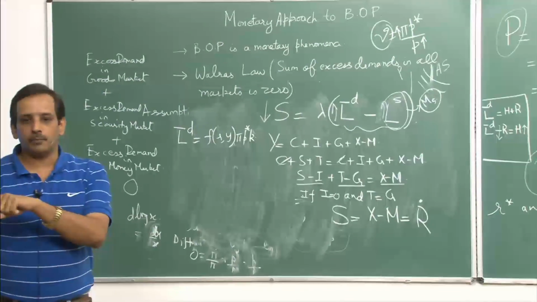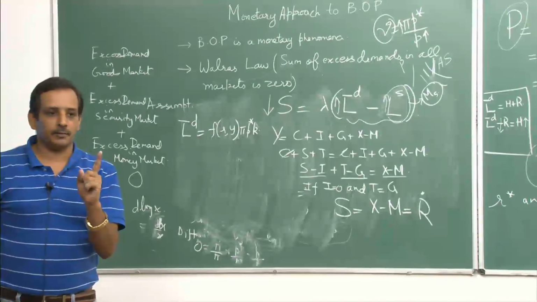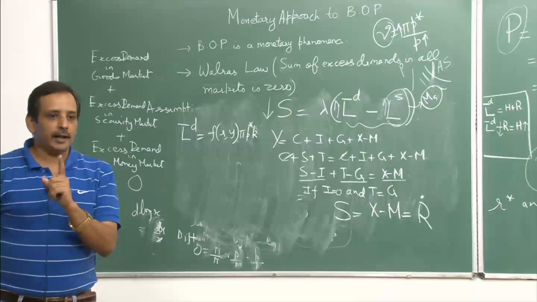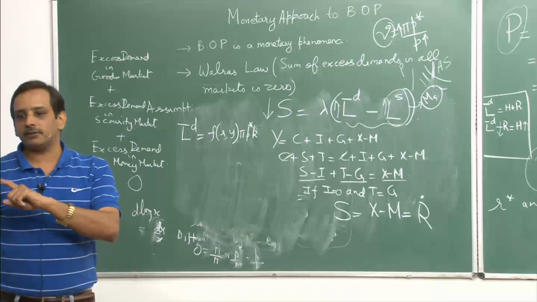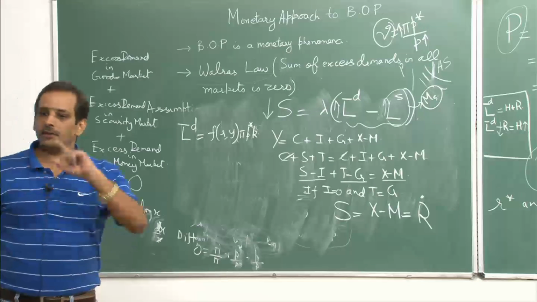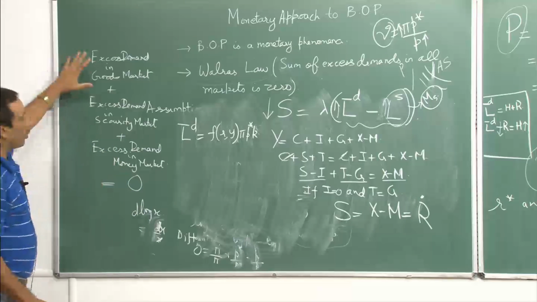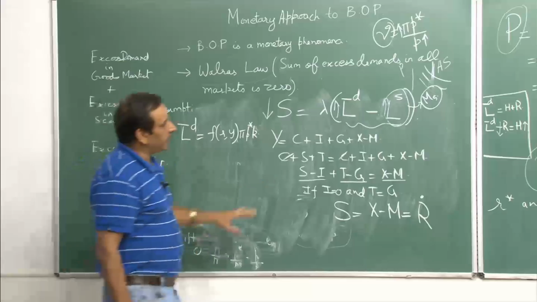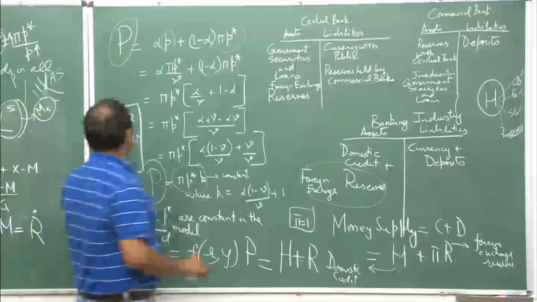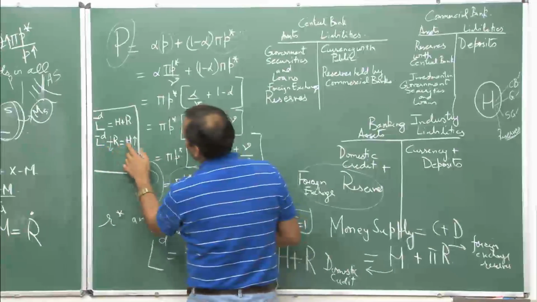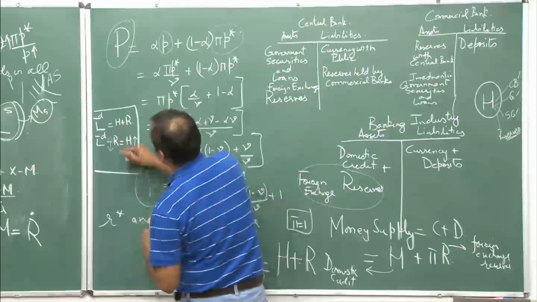So excess supply of money means that there is a balance of payment deficit. Excess demand in the money market would mean that there is a balance of payment surplus because of the Walras law. The equation that is coming out here is L bar D plus R is equal to H,